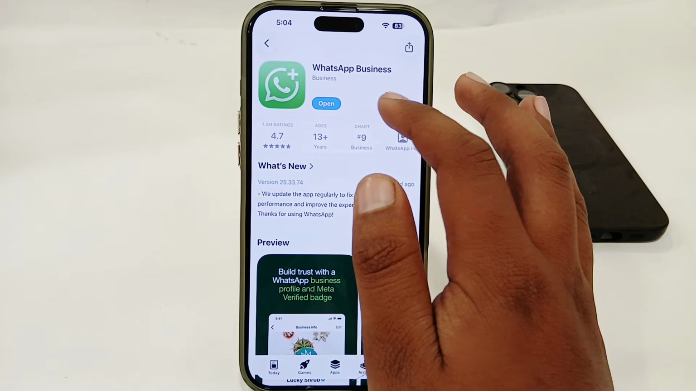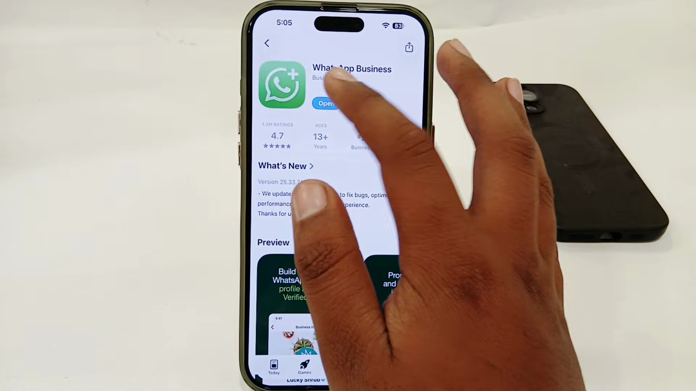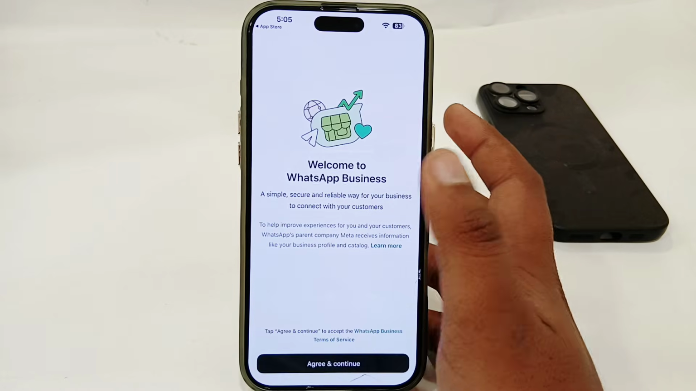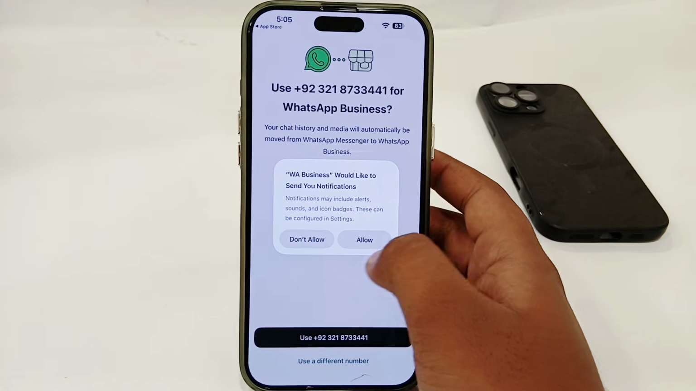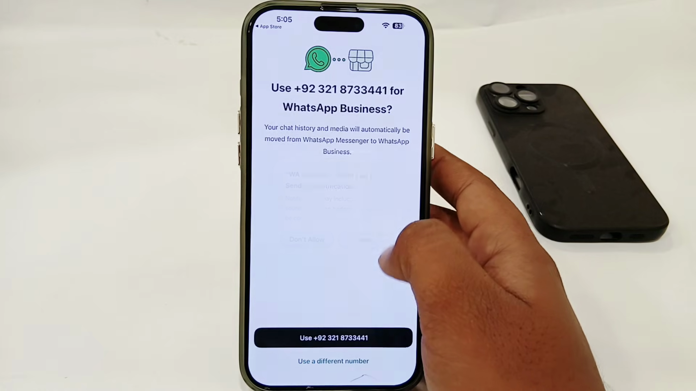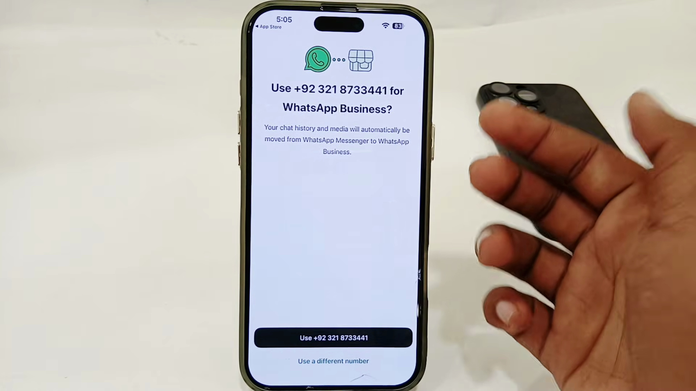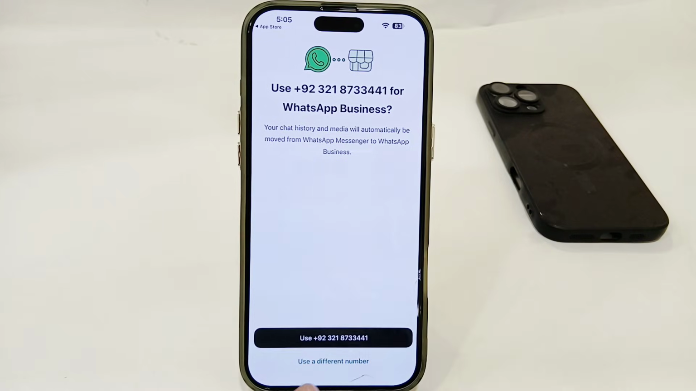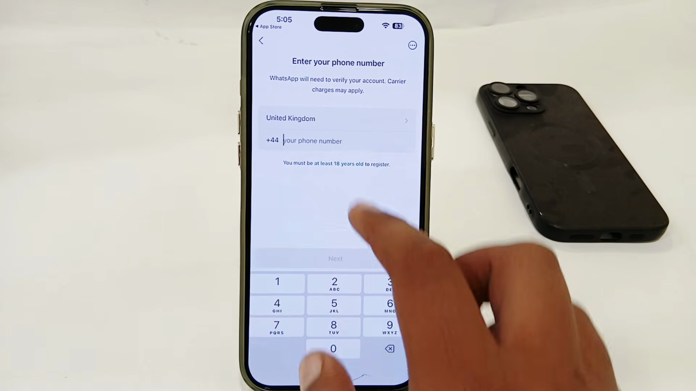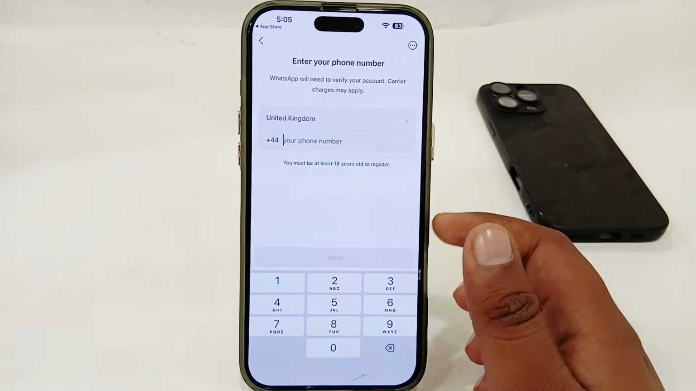You just have to tap on this open option here, or if you haven't installed it, you have to install the app. Then tap on agree and continue, and tap on allow to send you notifications. Then it will recommend you to use your previous number. You just have to tap on this use a different number option, and enter your phone number and verify